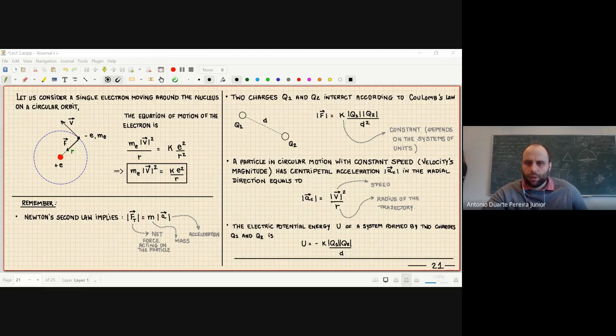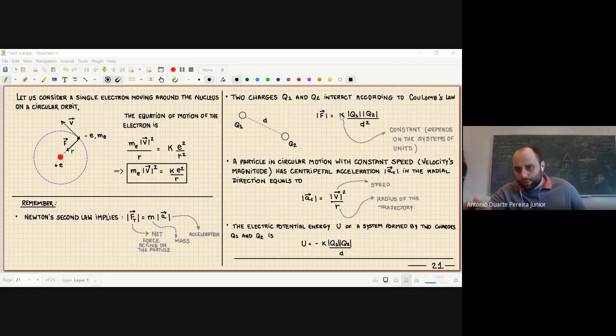Let me see. Please, how do we get the explicit value for K? So the explicit value is obtained by an experiment. You just place two charges whose values you know. For instance, you place two electrons separated by a distance that you know, and you can measure the force that one electron will exert on the other electron by using some equipment that measures the intensity of the force.